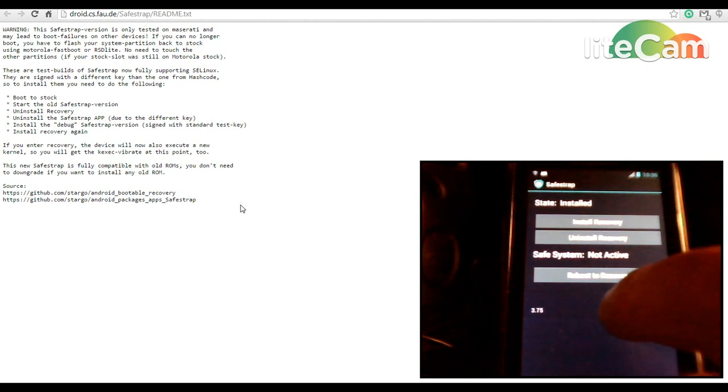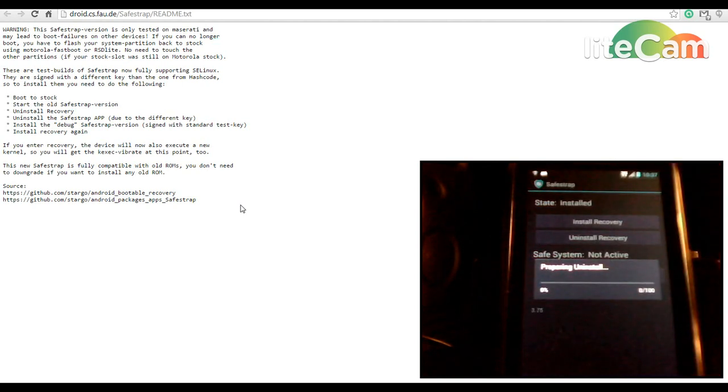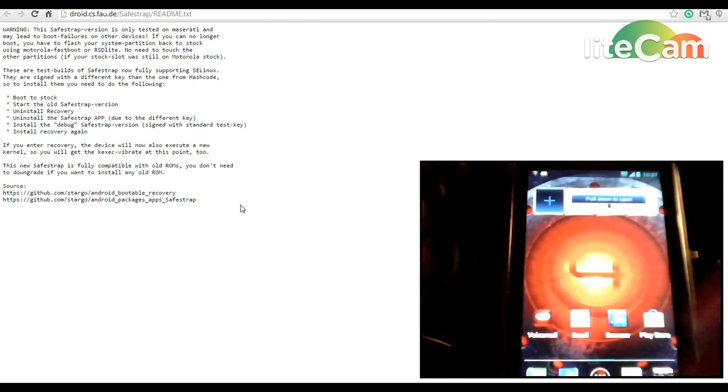And if you're updating, you want to go ahead and Uninstall Recovery, and that will just take a few seconds. If you had a ROM, another ROM that you wanted to save, you should probably back it up in Safestrap before you get this far. Okay, and then we can go ahead and boot out of this, or close this out, and we'll go back to